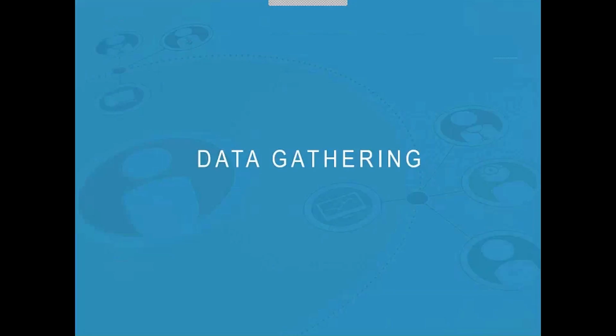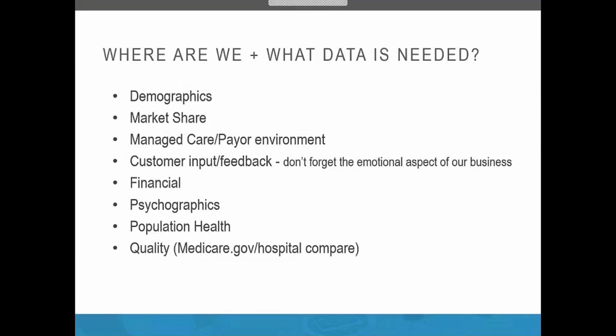So now we're going to talk a little bit about the data gathering process. There is a lot of sources of information for inclusion and objective data-driven market analysis for a hospital. So this two-page list really just scratches the surface. So you all are familiar with what I call the regular suspects: demographics, market share, some financial data, the payer environment. But I'm going to challenge you to think broader, incorporating information from your community health needs assessment or population health studies and quality, which is available easily online, and you can compare yourselves to your competitors.